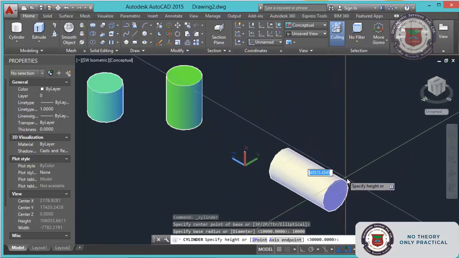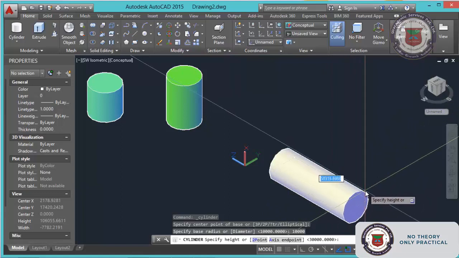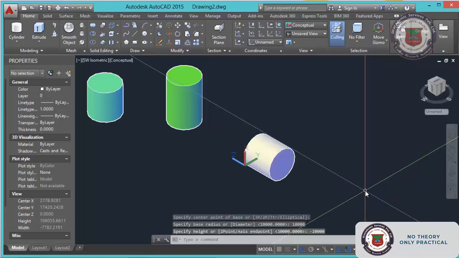If your cursor is on this side, you can give it in the positive direction. If you want it on the negative side, opposite to the cursor, you have to give it as negative. We saw that in the last class also. Now I am giving 20 meter minus, so that our cylinder will go on that side.